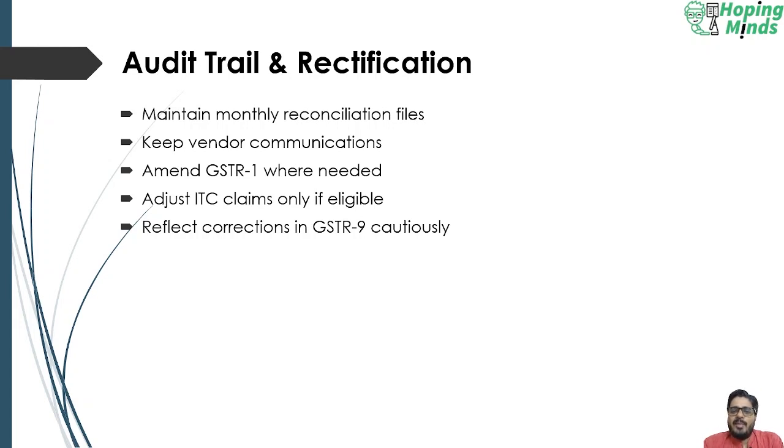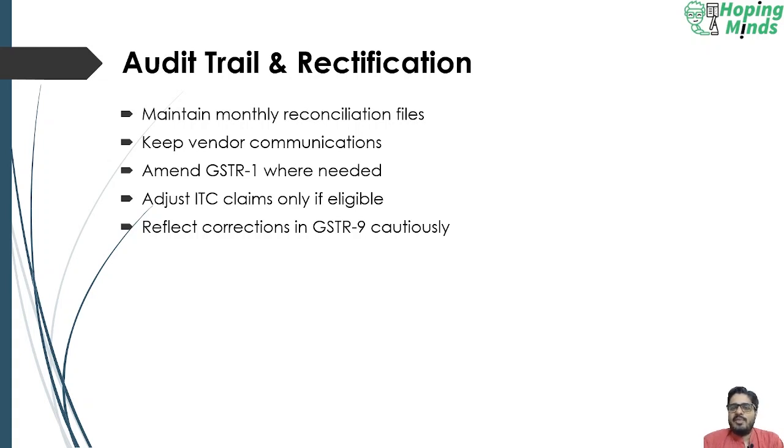Then amendment records. The taxpayer should track all the amendments made to the previous return, example GSTR 1 corrections or GSTR 3B amendments. Document the reason for changes and the corresponding financial impact of such changes on the financial statements. So to ensure the accurate reporting and avoid discrepancies between the financial statement and GST returns,